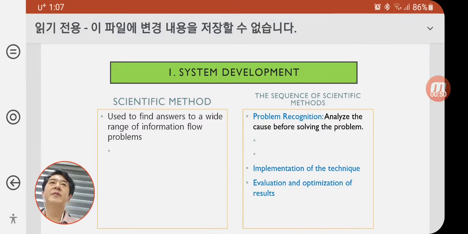Section 1, System Development. We study the scientific method of system development. The scientific method is used to find the answer to a wide range of information flow problems. Regeneration of result, accuracy of the result, efficient use of time and effort, planning for activities, deliverability of results. The sequence of scientific methods